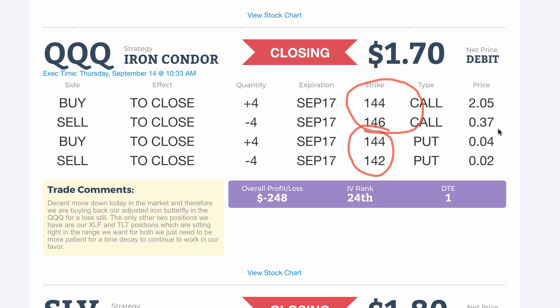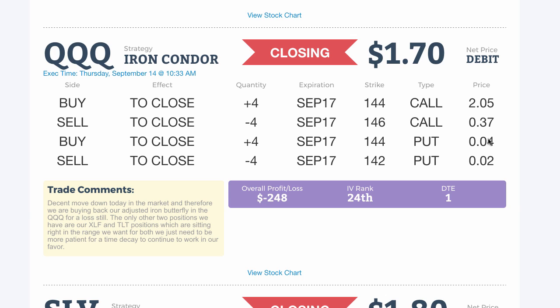That put spread, by the way, really helped us carve off of this loss probably about $100 or so, 100 plus bucks, because we sold that put spread for some premium, adjusted this position, and the market continued to move higher. And this is a case where, with these adjustments, your first order of business is not necessarily to adjust into a more profitable trade. It's to adjust to reduce risk. And that's exactly what this put spread did.